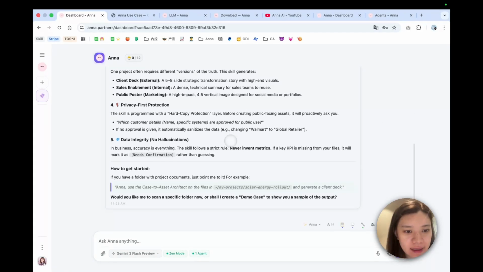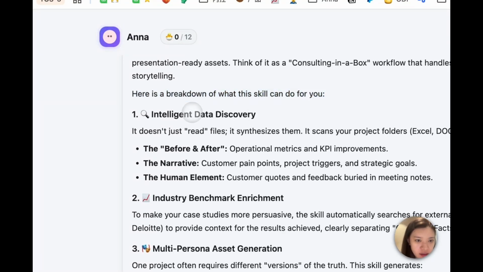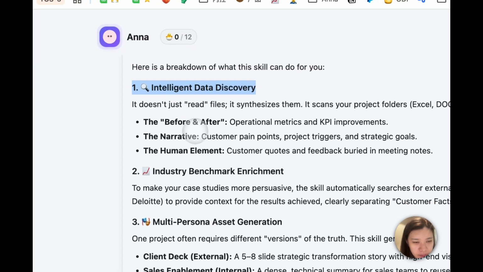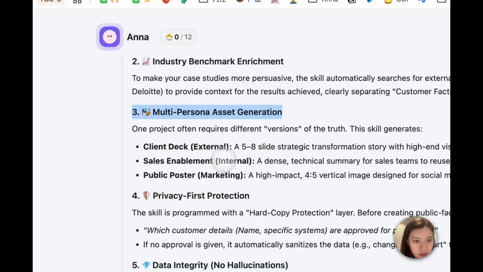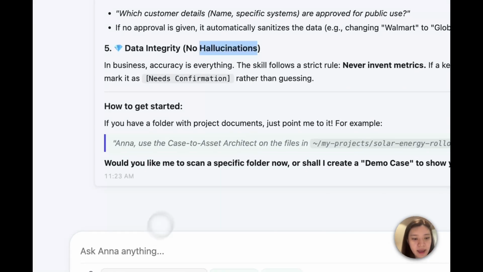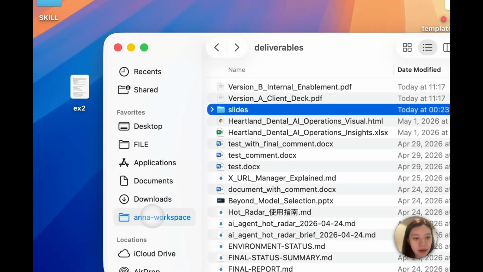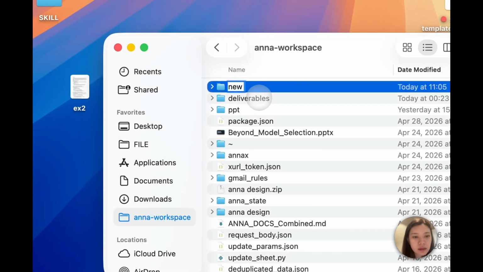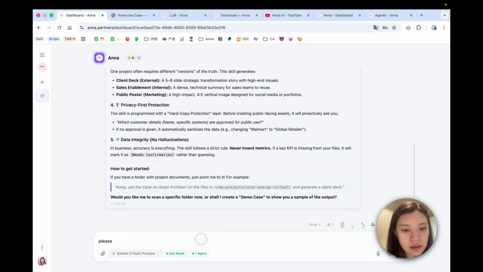And we can see here's a breakdown of what this skill can do for us. Intelligent data discovery from folders, industry benchmarking enrichment, asset generation from 3 angles, privacy first protection and data integrity, no hallucinations. And if I have a folder next time, I'll just, for example, let me name this folder first. Please operate